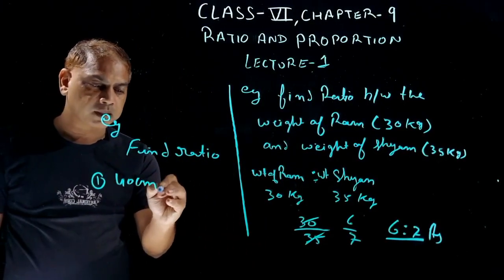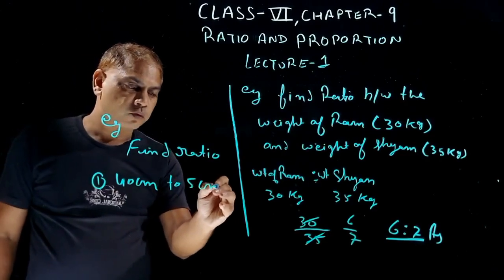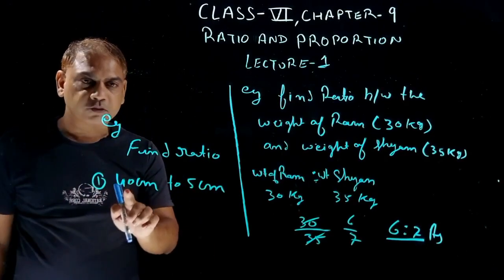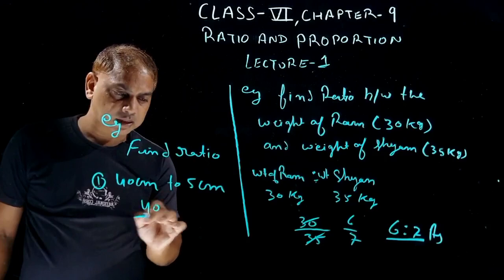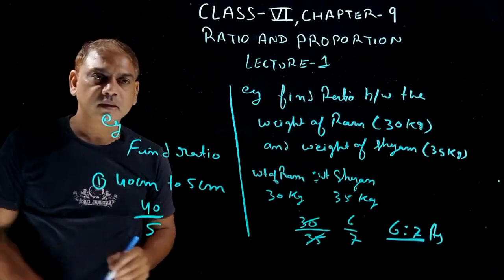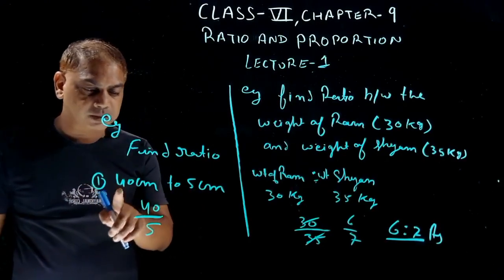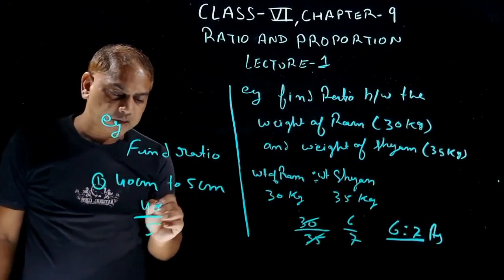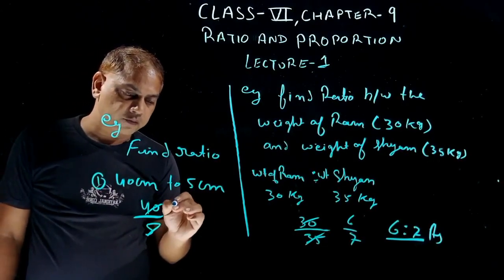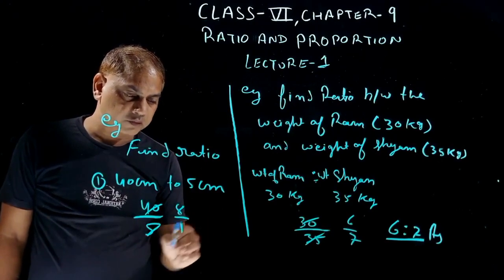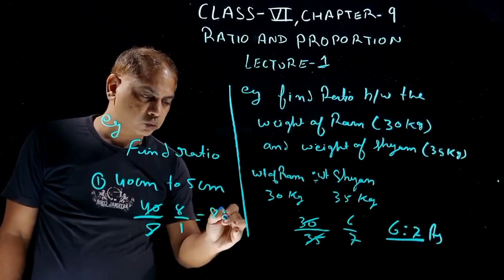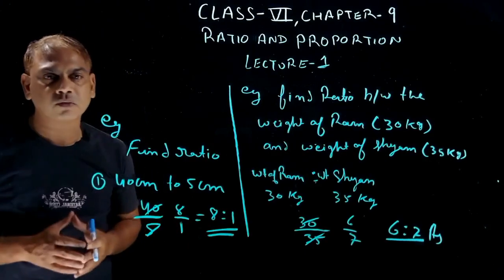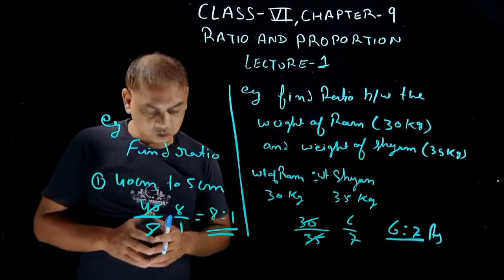This 40 will be written as numerator and this 5 will be written as denominator. Always remember, first number is written as numerator and the second number is written as denominator. Simplify it. It is going by 5. 5 eights are 40, 5 ones are 5, that is 8 is to 1 is the ratio of this value. Okay,